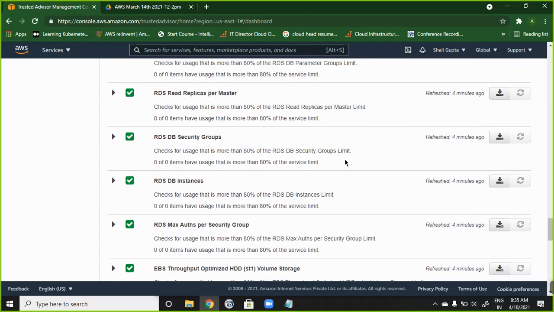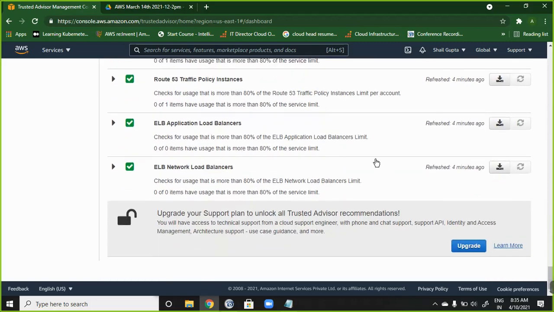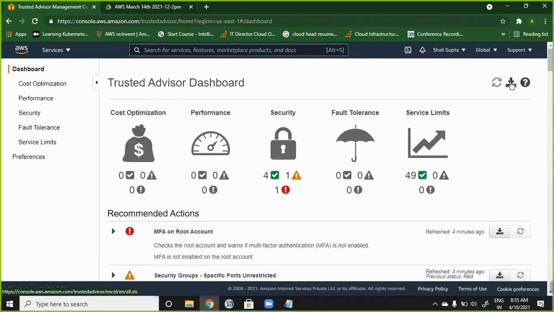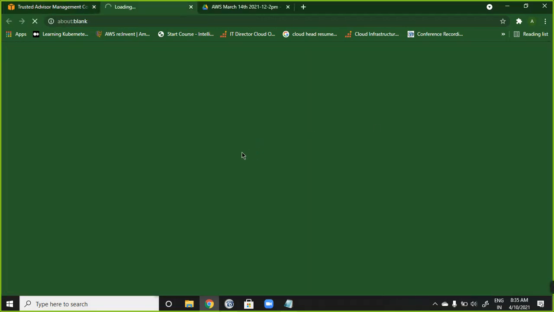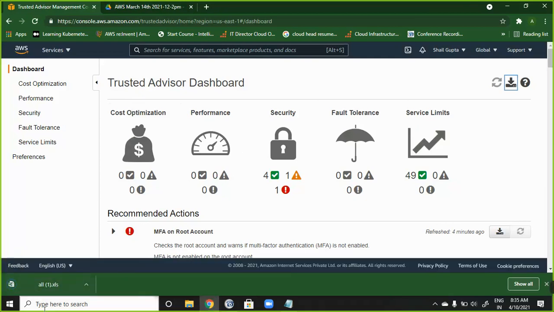It will fetch out the report of all the components, and if you want it to be done automatically and send the report to you every week, every month, whatever the duration you want, you need to upgrade it. Upgrade means that you need to be at the corporate level, right? So it fetches out the report. Let's say I click on this download, so it will download the component report and show it to you here. So it's downloaded now.